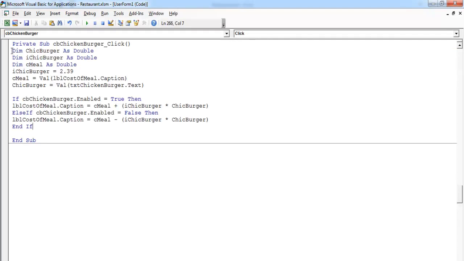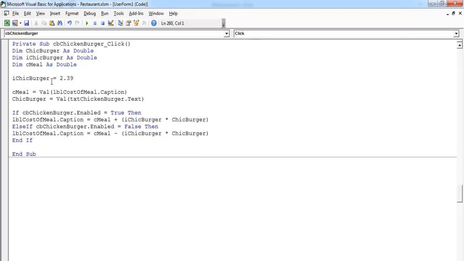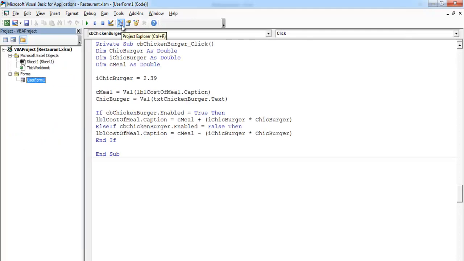You can see I've declared my variable. That's supposed to be chicken burger, as double, and the chicken burger itself is double. The meal is double. So what will happen is this is the cost of chicken burger itself, and in here the label, whatever is in the label is stored into C meal. The label itself